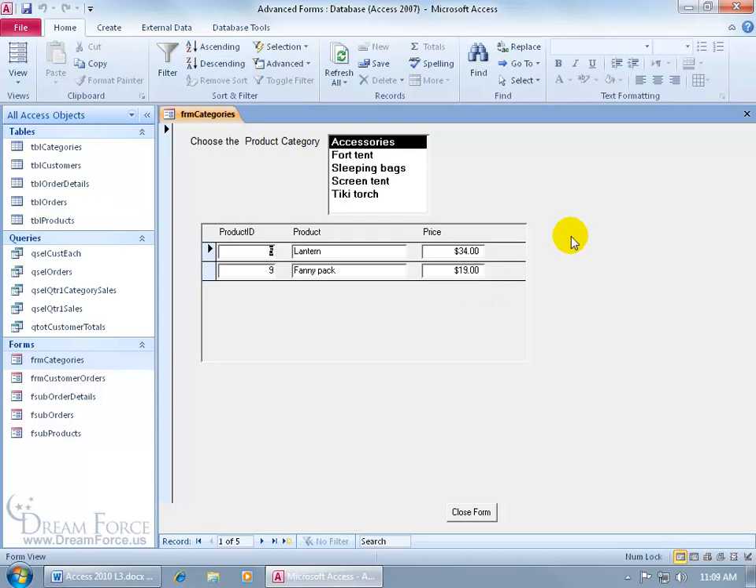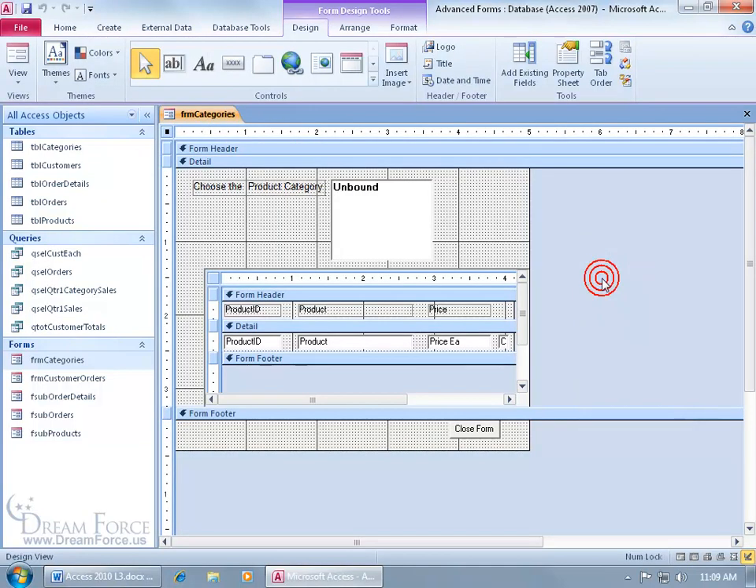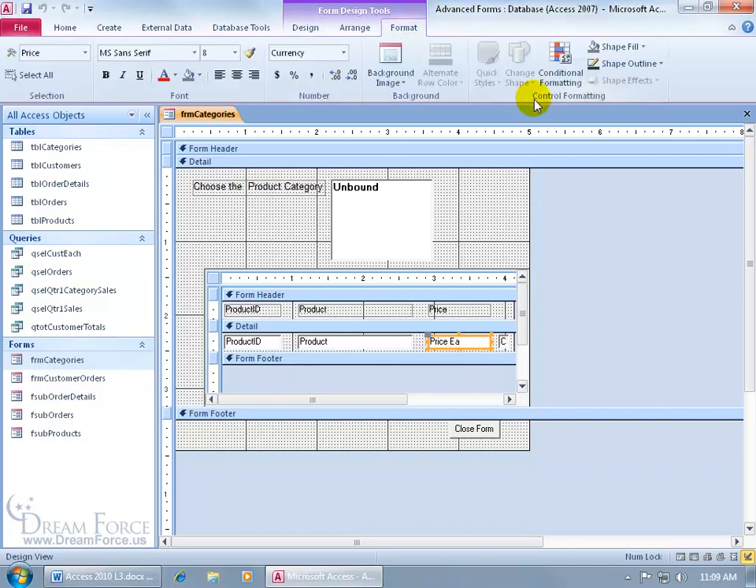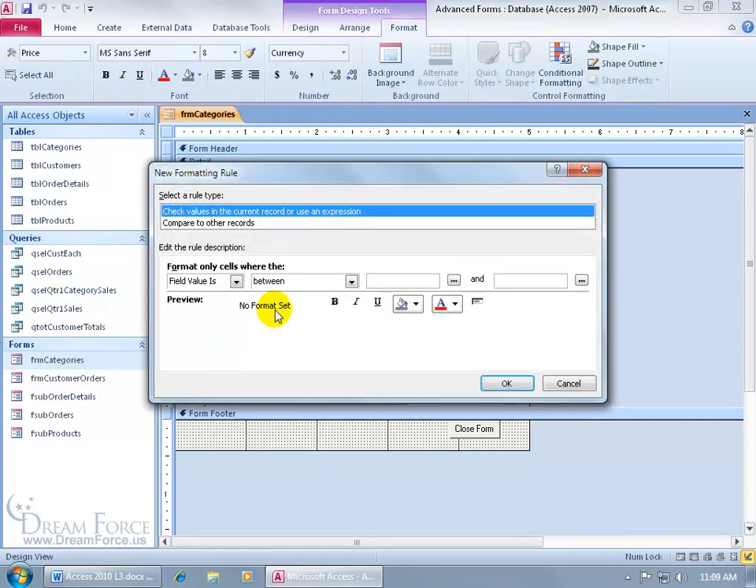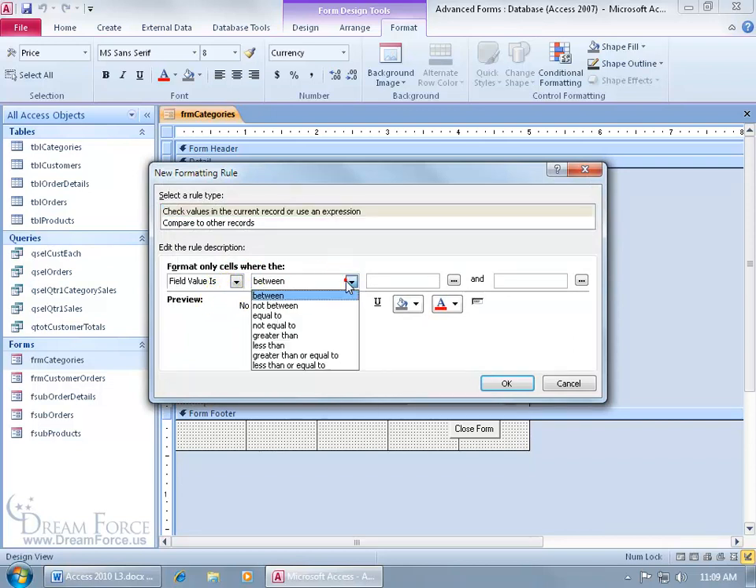So to do that, I'm just going to go ahead and right-click, go to the design view of the form, and then you can see it's a form within a form. This is the subform. Let me click on it once to select the subform, click on the price each field, because that's the field I want to apply my conditional formatting to. Then come up here, click on the Format tab, go to the Control Formatting group, click on Conditional Formatting, click on the New Rule, and then it says Format only cells where the field value is between,